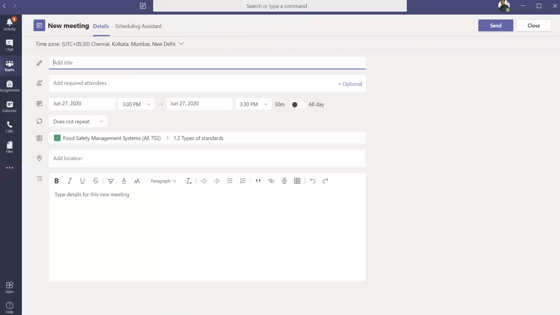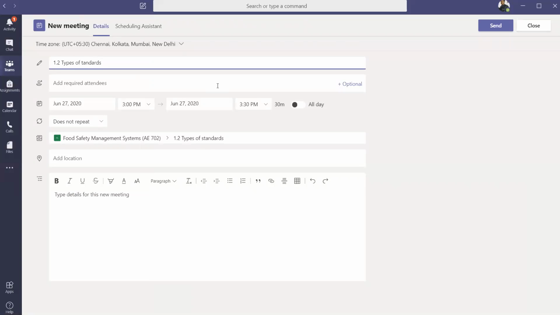Once I click on schedule meeting, this new dialog box will open where it has some details that you need to add. Here, add title. As the title I can put what I intend to teach, types of standards. Second is add required attendees. This is for adding any person apart from the class that you have.